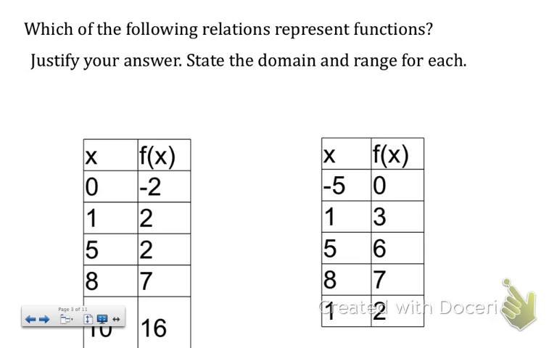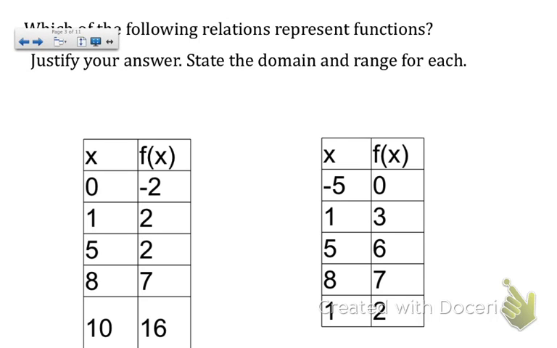So let's check out an example. If we look at these two charts, the directions want us to determine whether each of these relations represents a function, justify our answer, so we've got to explain it, and we also want to state the domain and range. Now, for time's sake, let's just list the domain and range for those that we decide are going to be functions. Okay? If I look at this first chart,